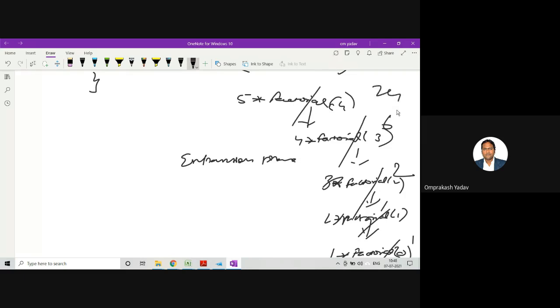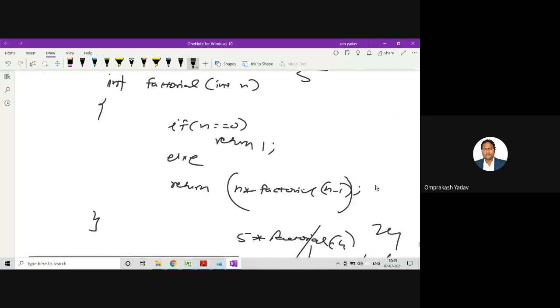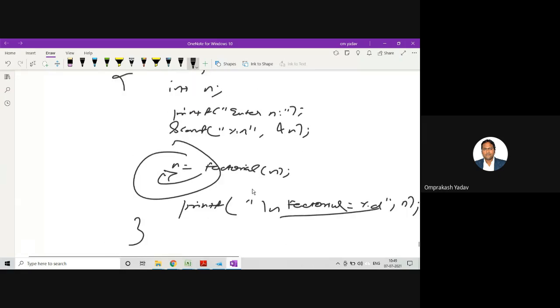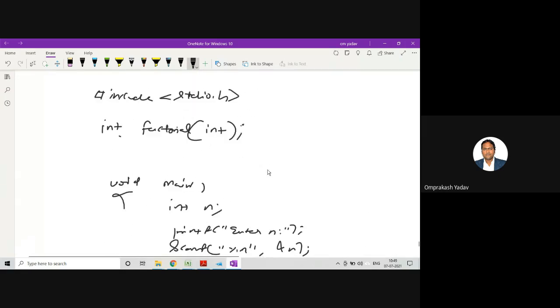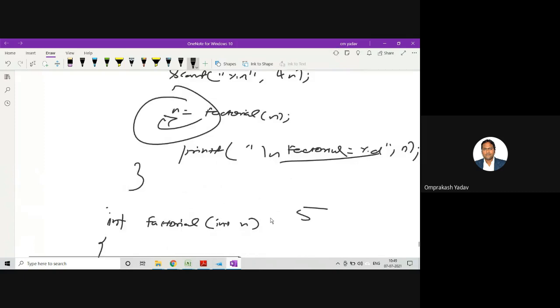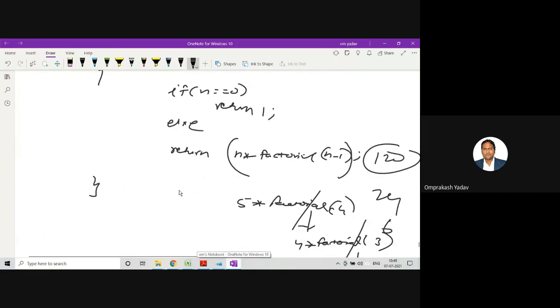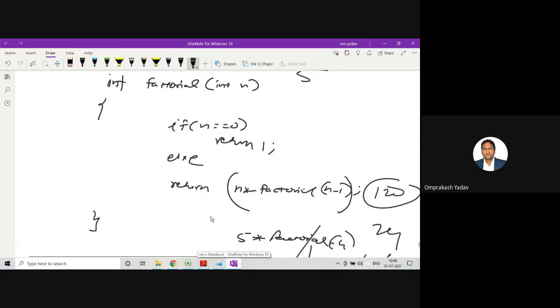And then finally 5 into 24, that means 120. So 120 will be returned at this place in n, and then we are printing over here. So this is my program, factorial of number using recursive function call. I hope all of you have understood this concept and how we can write a factorial recursive function.